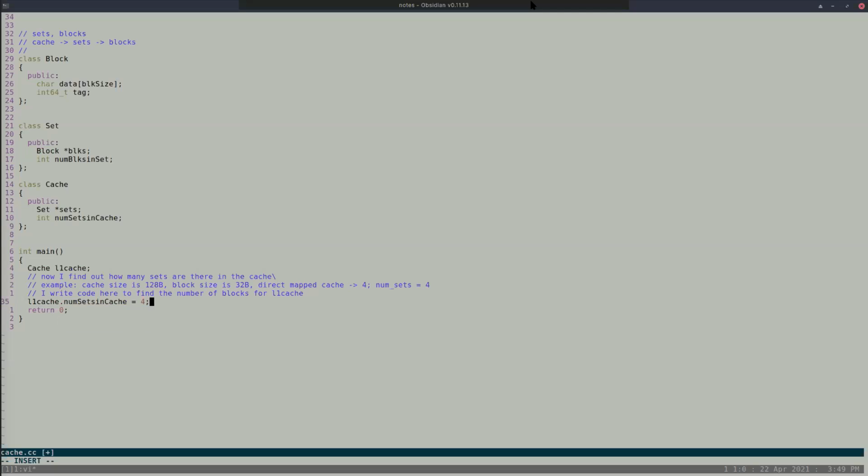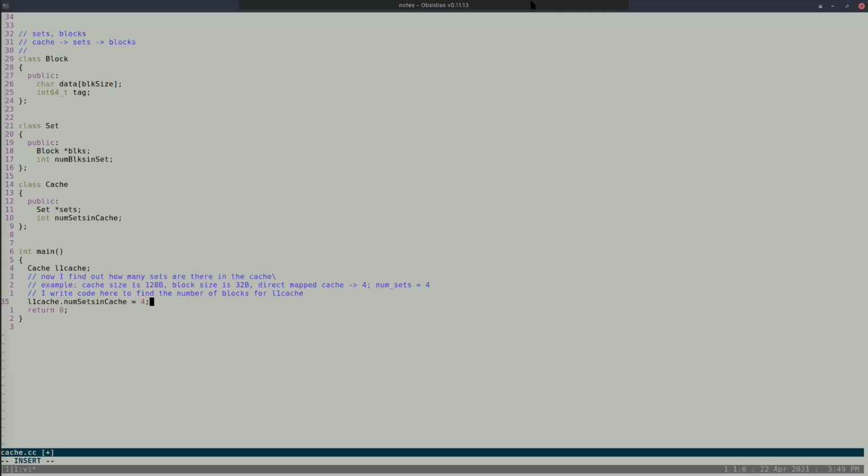4. Of course, I should not be doing this. I just declared it as public. If you are really interested in software engineering, you should have this as a private variable, with a set function and a get function. I'm just writing it in a brute force way. This is really a bad practice. You should have member functions to get and set things. I hope you already know that. If you're writing good software, you should not set it directly the way I'm doing it. It's just for your understanding.